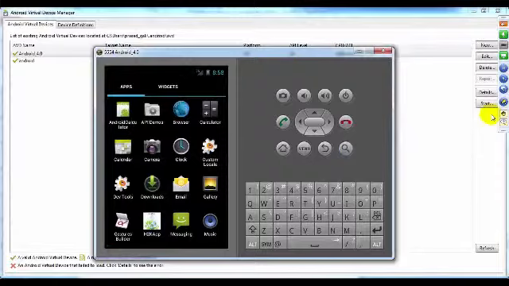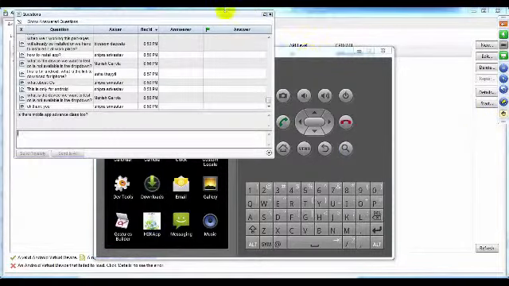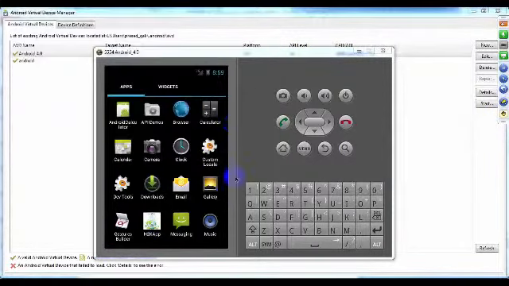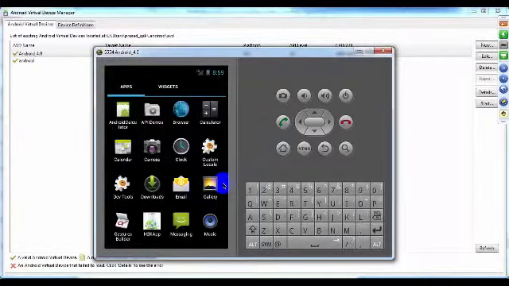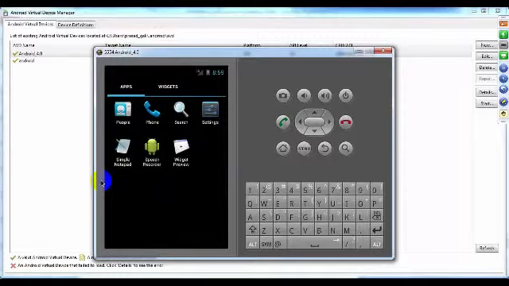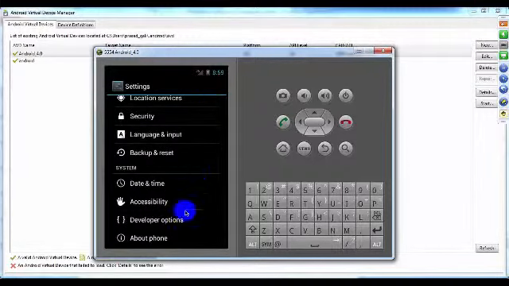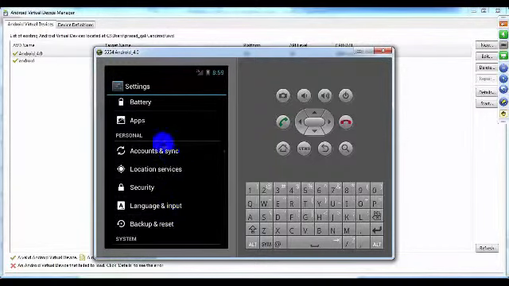Now here, I wanted to uninstall the application. Just imagine that you wanted to uninstall the application. When you want to uninstall the application, the same thing applies. How you uninstall applications in your device, same thing I will be doing now. Because my H2K app is already installed, I just wanted to show you how to uninstall it. Click on settings, same as in your normal device. Where are my apps? Go to apps.